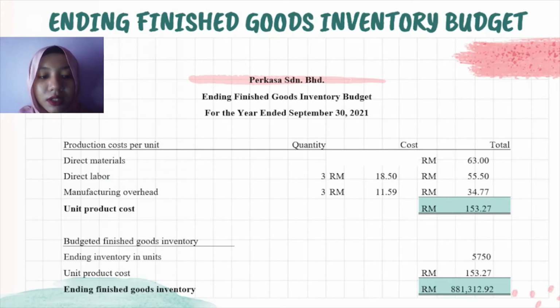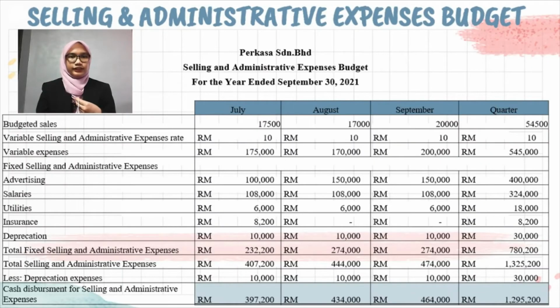Next, for the ending finished goods inventory, we take the value of ending inventory in units, which is 5,750. We multiply by the unit product cost, which is RM 153.27, to get the value of RM 881,312.92. Okay, next, for the selling and administrative expenses budget, the budget for Perkasa Sundaram Berhad